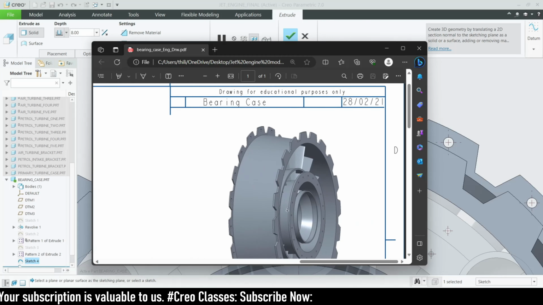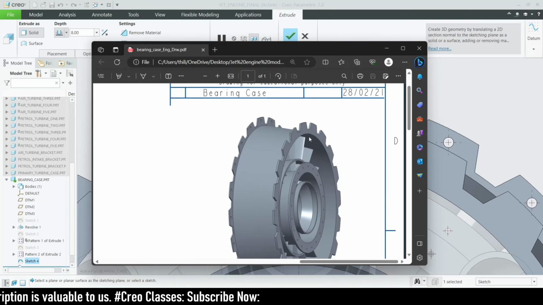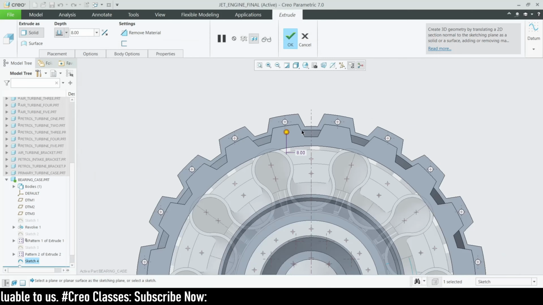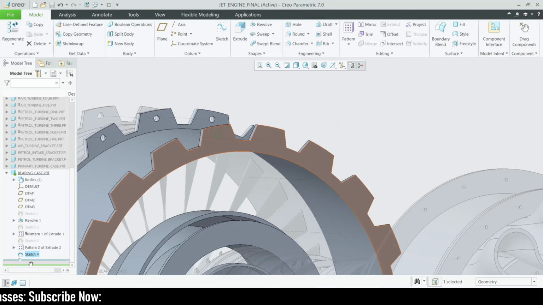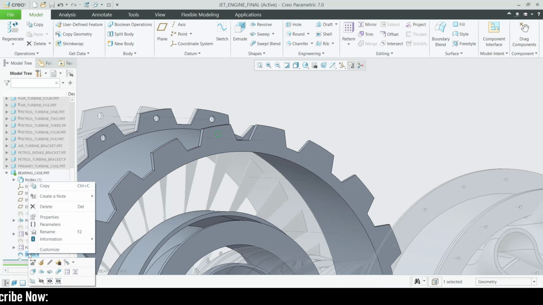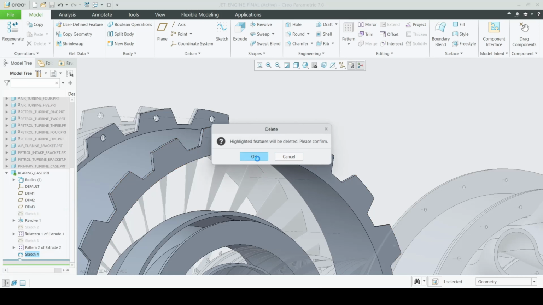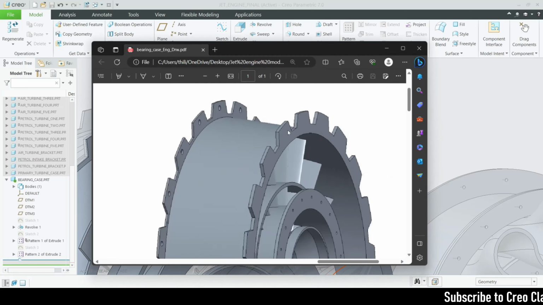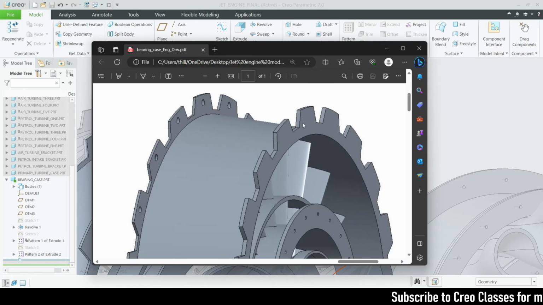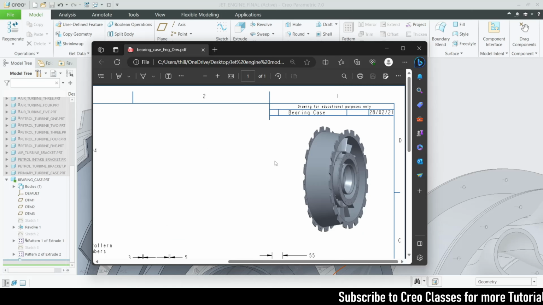Oh, I think there is no hole feature for this. Okay, so we don't want to create this feature, so I'm just going to delete this hole because they have not mentioned the hole feature for this. They have just mentioned this extrude cut feature. They have not inserted any hole for this. Okay, so